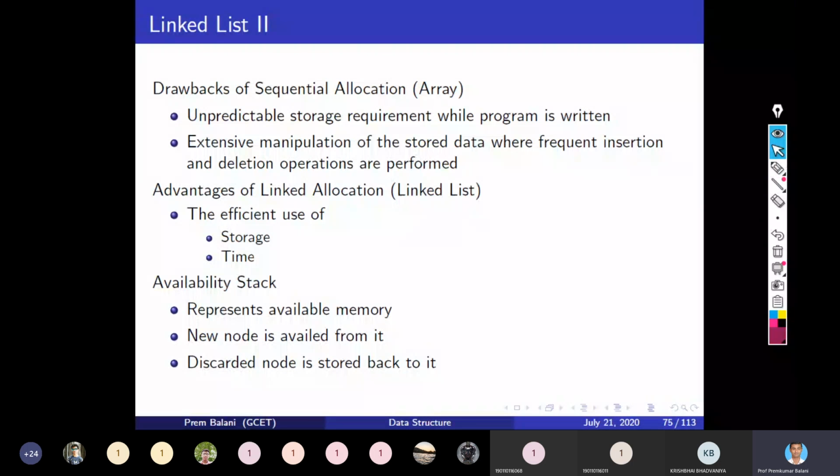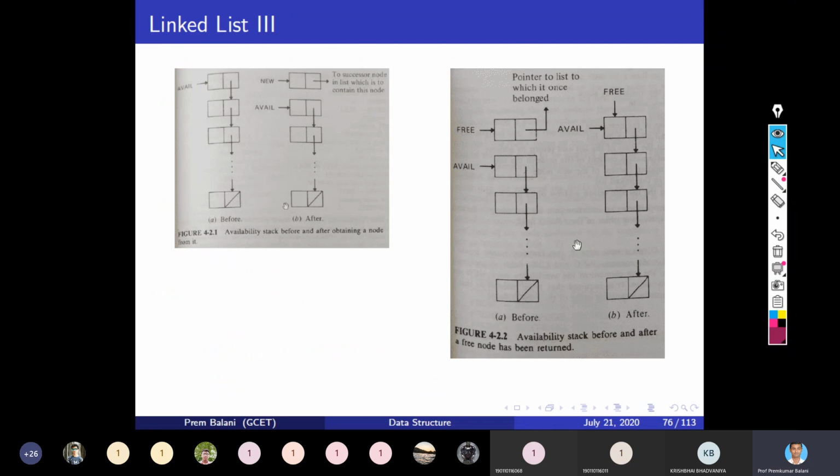What are the drawbacks of sequential allocation, what are the advantages of linked allocation, what is the availability stack, how we can get a node from the availability stack, and how we can restore a node which is free, that also we have seen.